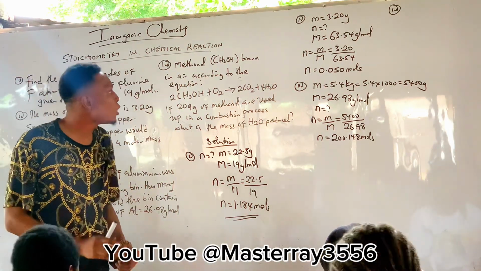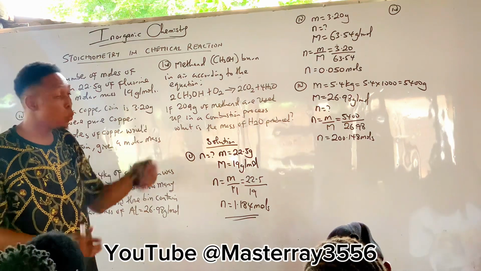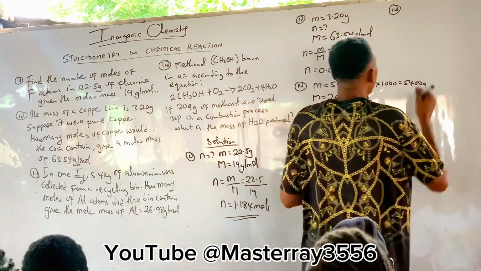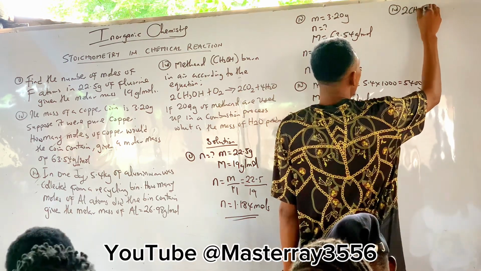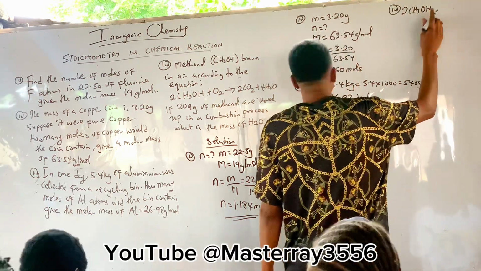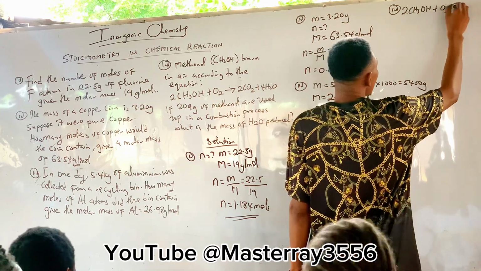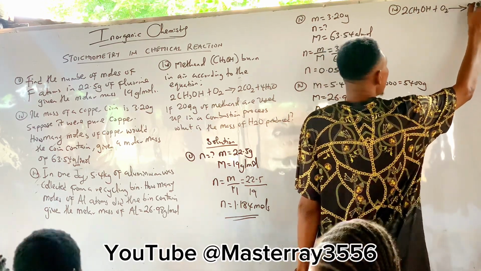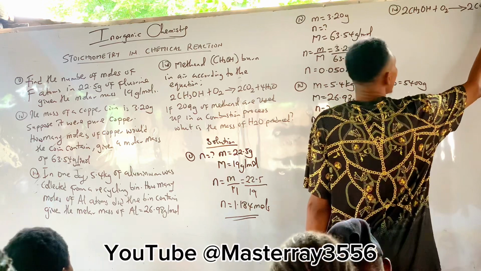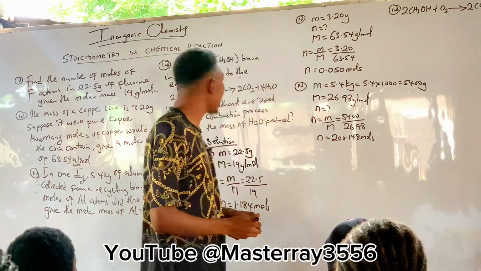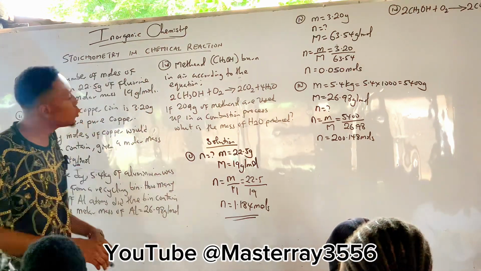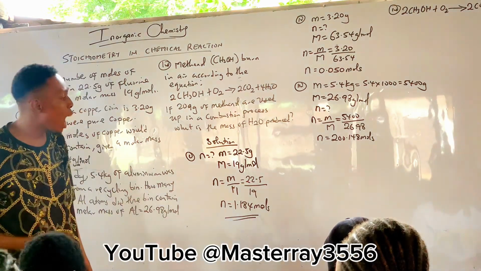We are told that methanol burns in air according to the equation. What was the equation given? We were given 2 moles of CH3OH, plus oxygen gas, to give us 2CO2 plus 4H2O. Are you following? Now this time around, we are told that if 200 grams of methanol are used up,